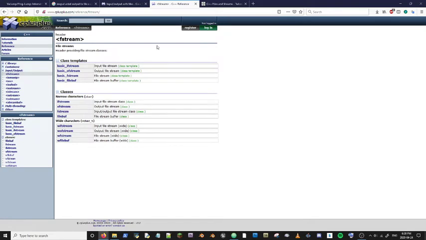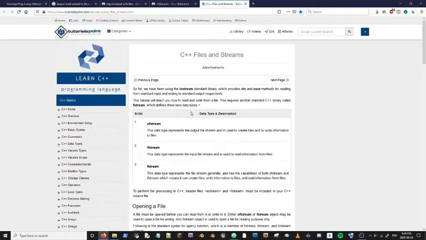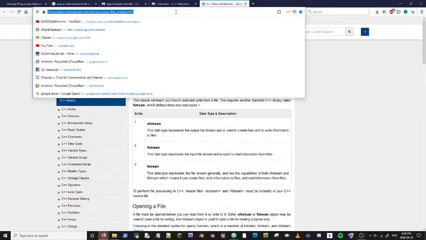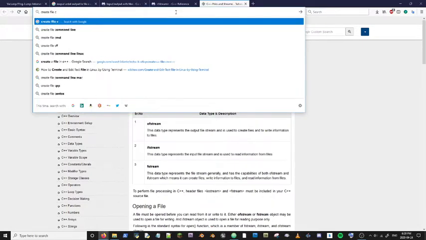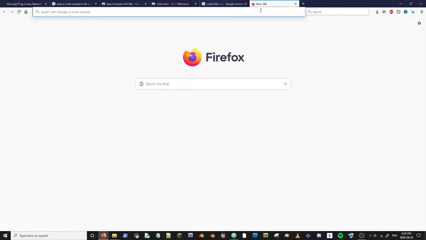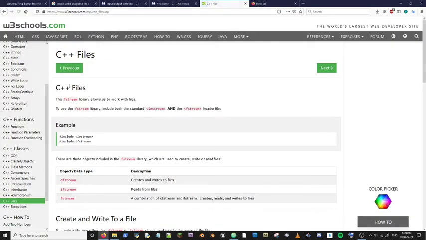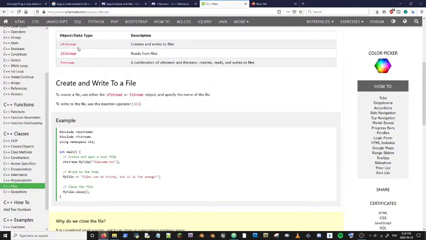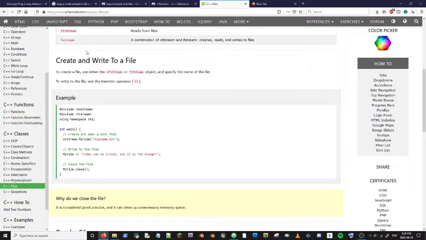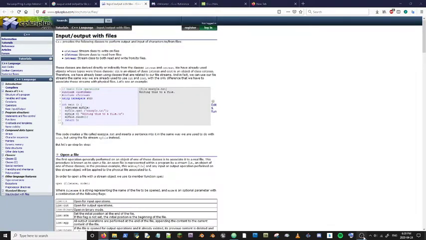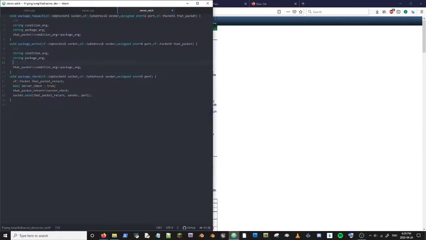Create a file and read a file. Create file, C++. We'll just do this. I think it'll just make the file automatically if we just do an OF stream. Yeah, let's just do OF stream. Okay, so, and we'll need IF stream also, but just for writing, we'll just do OF stream and leave it at that. So for write, we want OF stream,